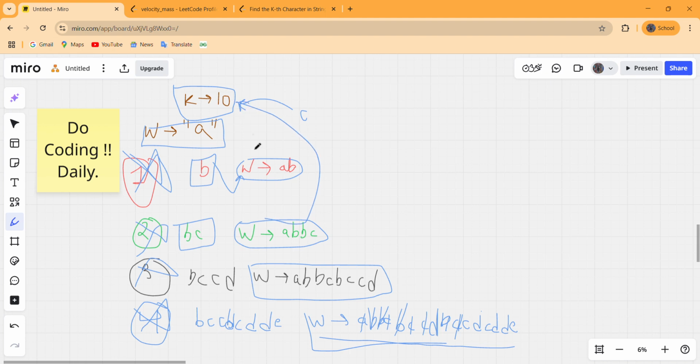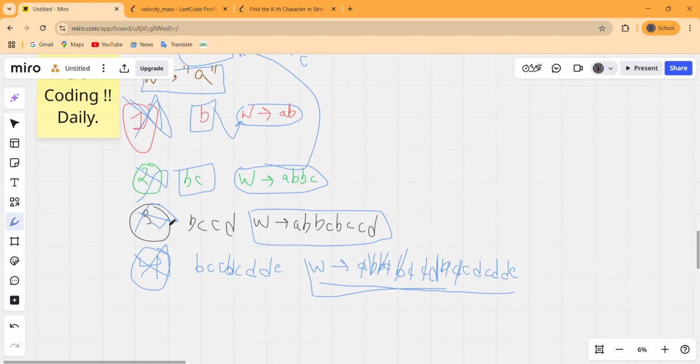Still, again do the operation on this word. The next adjacent characters for "abbc" are "bccd", and this is our temporary string this time. Append it to our word and the new word becomes "abbcbccd". Again this word does not have at least k characters, so do the operation one more time.